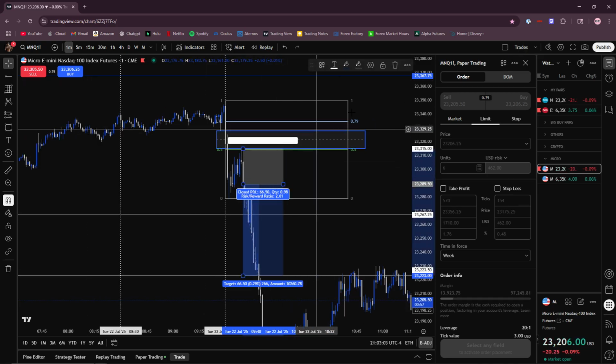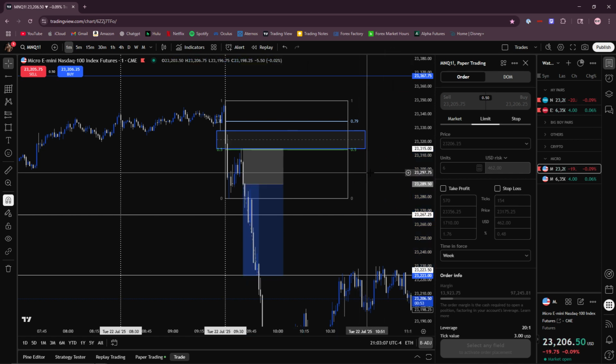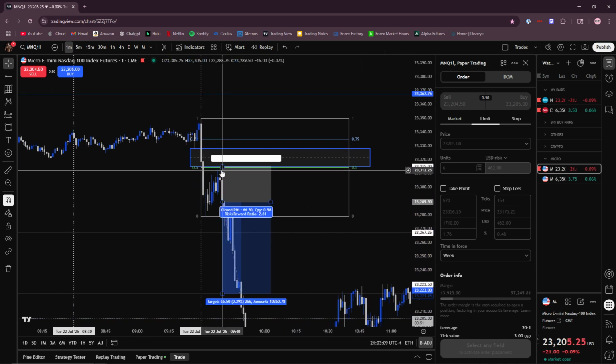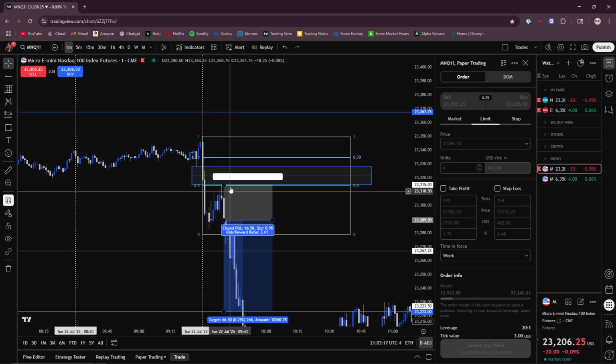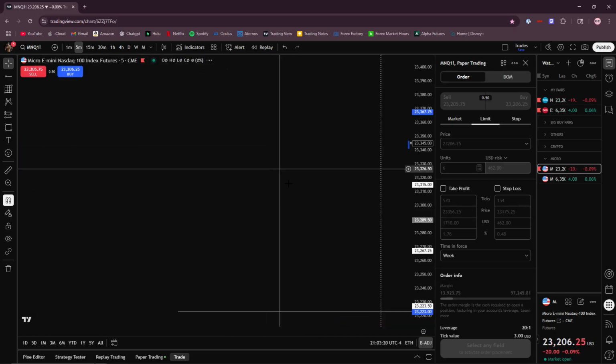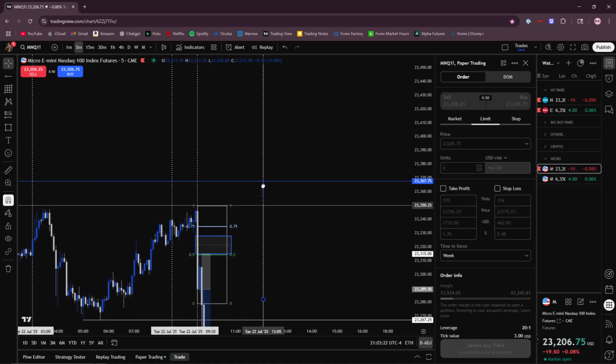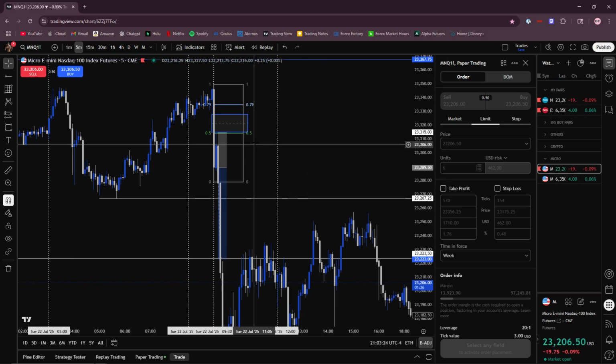Honestly, this isn't a trade I would have taken, which is why I didn't take this trade. Because the thing is, with placing your stop loss right above these highs right here, it makes it really risky because price could easily end up pushing into the fair value gap because it leaves a fully open fair value gap right here.